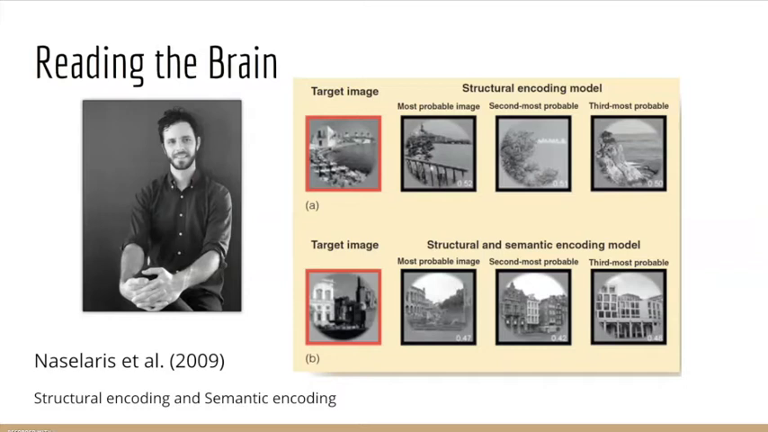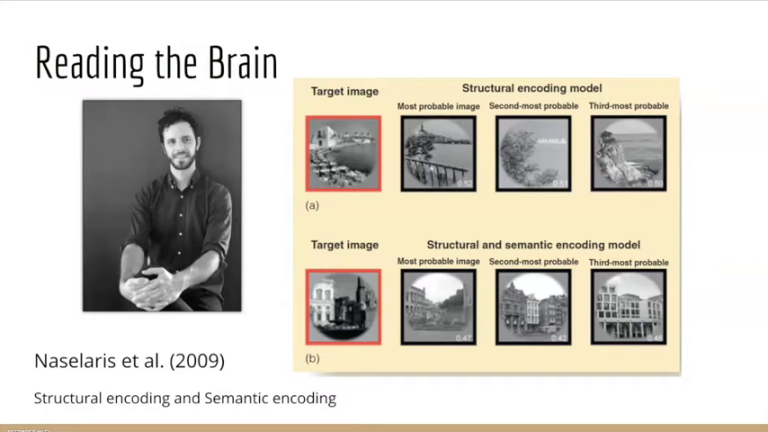The next one is Naselaris et al. And what he figured out here is structural encoding and semantic encoding. He also studied voxels, and he looked at how voxels encoded structural characteristics of a scene, such as lines, contrasts, and shapes. So more of the physical, the more raw elements of objects, while